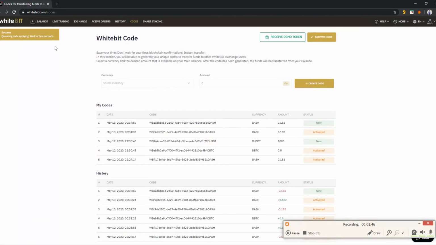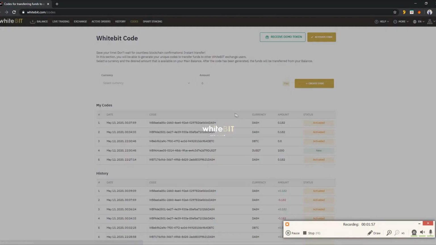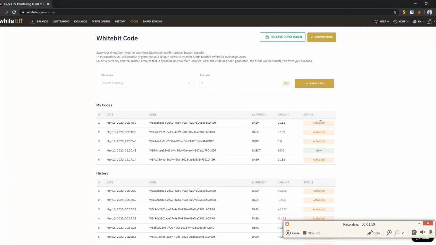You just have to wait for a few seconds, and this will be turned into activated. Just refresh your page once, and as you can see, this is activated and your code is generated. Now you can transfer Dash instantly between Whitebit Exchange users.